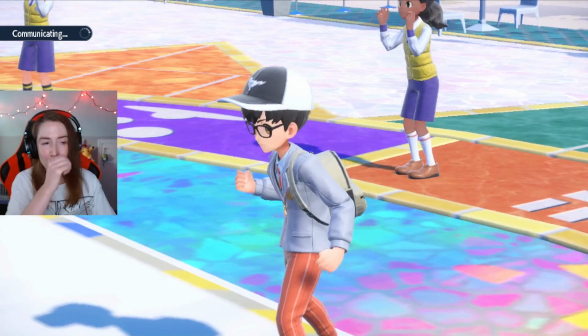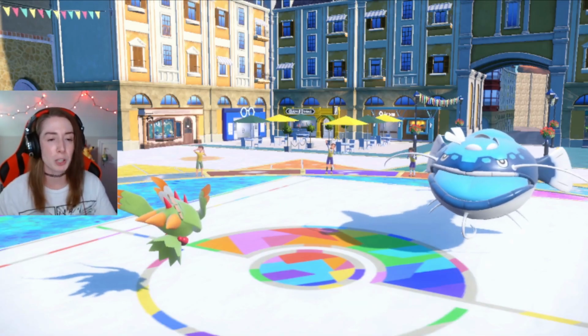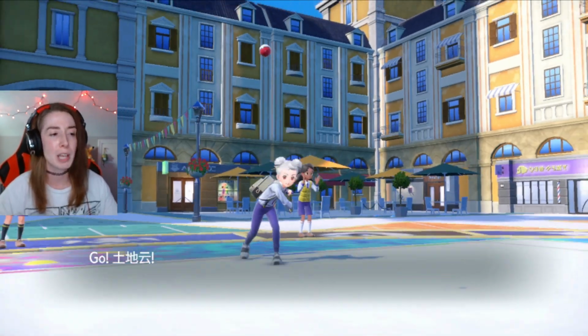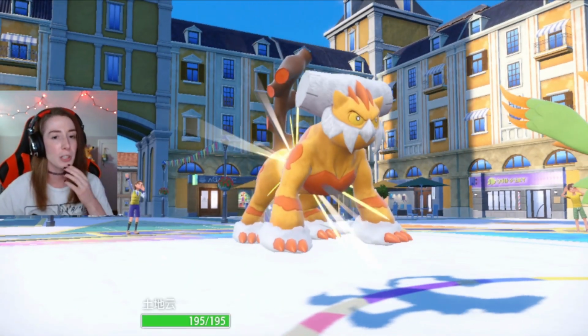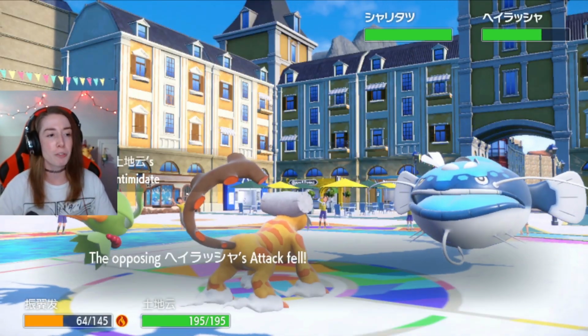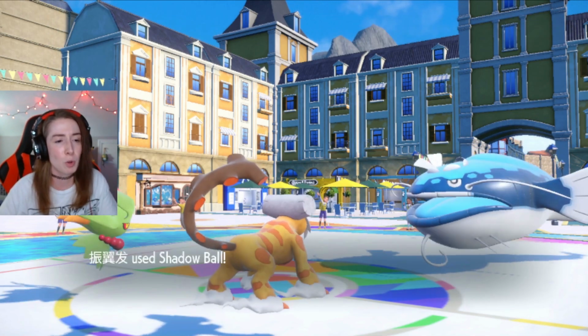Yeah. This way they'll take some Rocky Helmet damage as well. We put them at only +1. If they do attack into the Arcanine, they'll take some Rocky Helmet damage. If they attack into the Flutter, then we still get a little bit of damage off here, and then we get a swap back into...